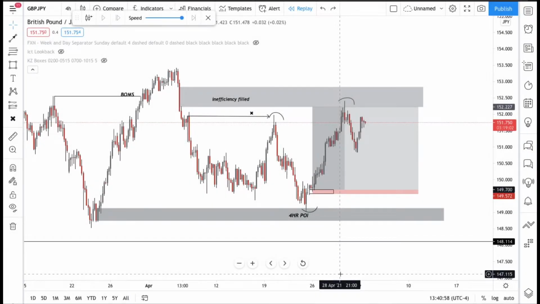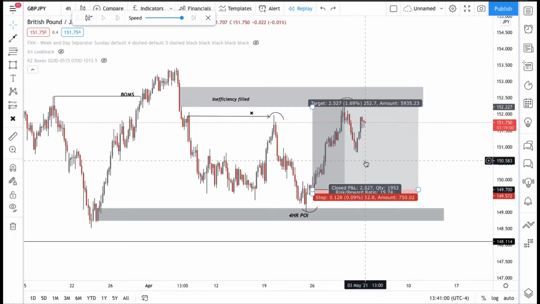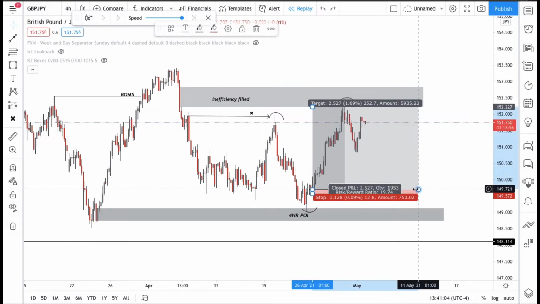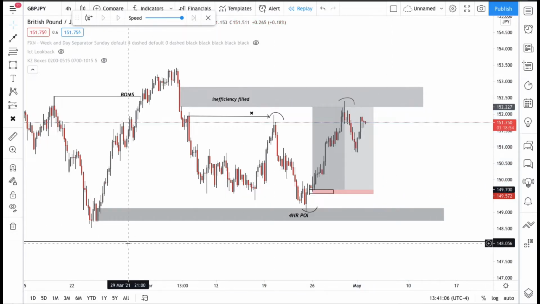Go through our GJ trade. This was the trade where we secured a 1 to 20 risk to reward and 250 pips. Now let's get straight into it. So if we just delete everything,